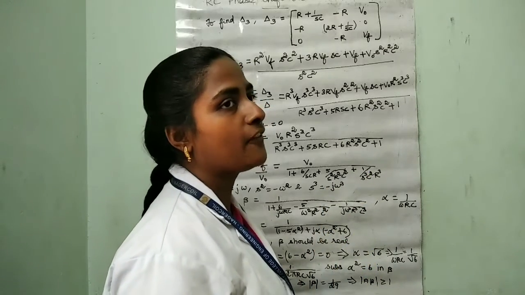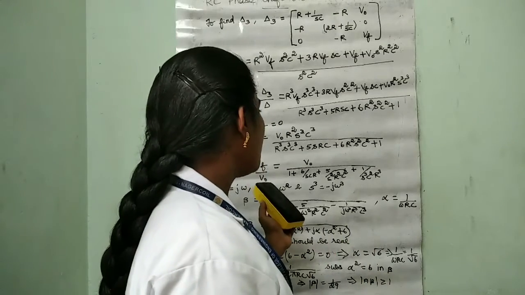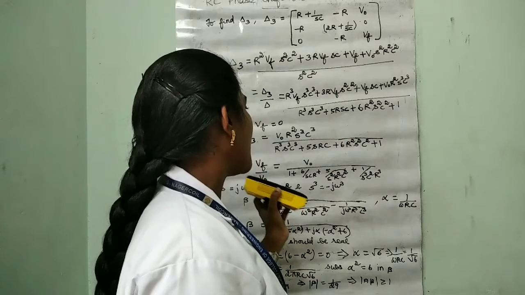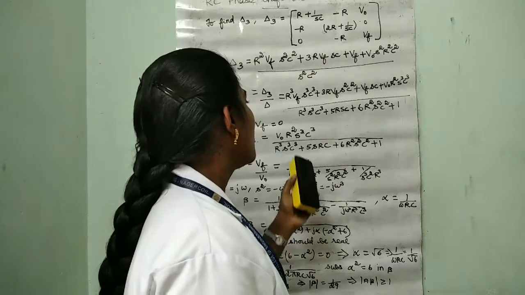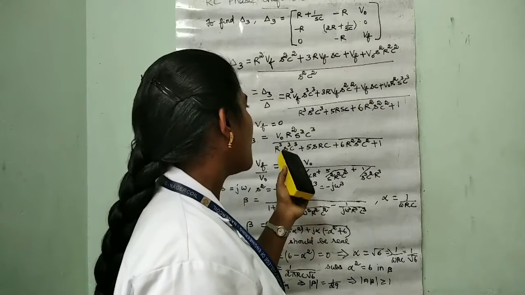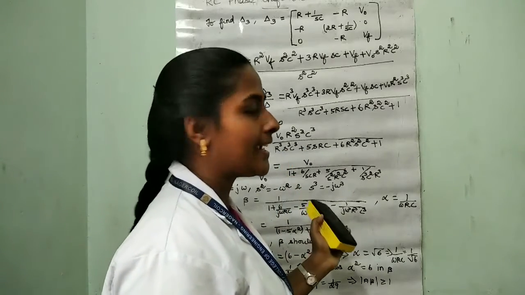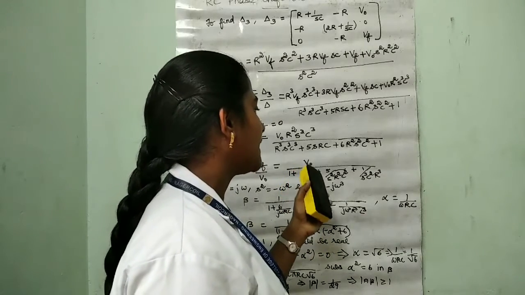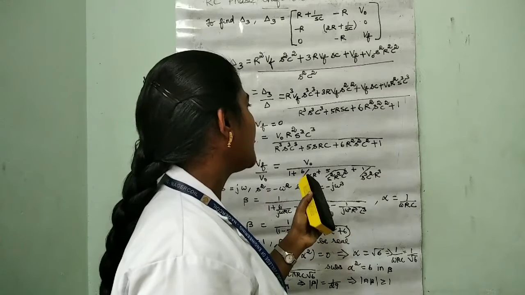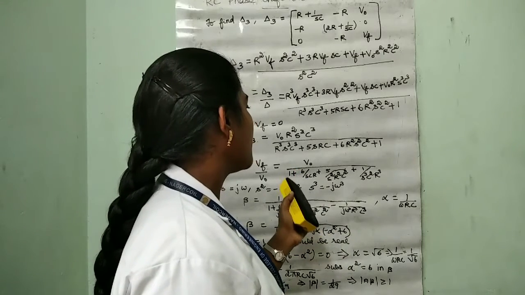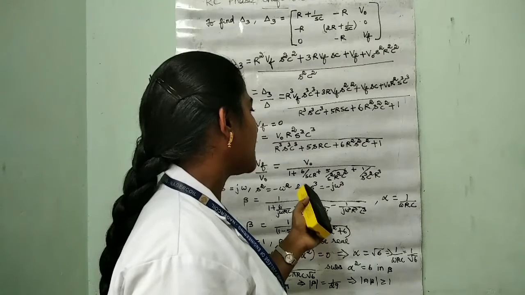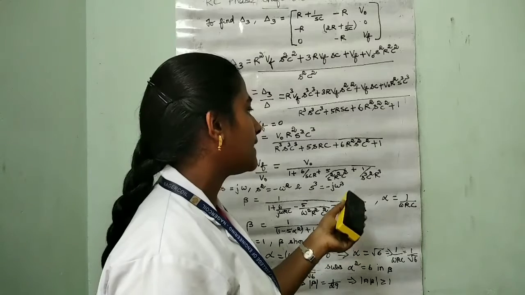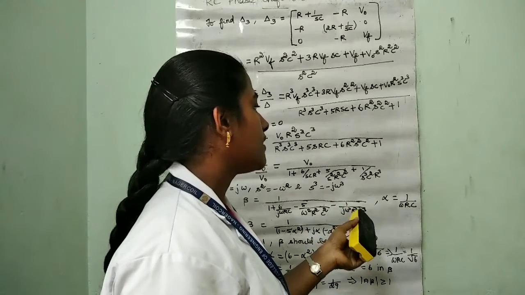Now we have to find the feedback factor beta. Beta is equal to Vf divided by V naught. So divide the values. Now you can divide by r s c in the denominator and numerator. Divide numerator and denominator by r cube s cube c cube, so you will get 1 divided by 1 plus 6 divided by scr plus 5 divided by s square r square c square plus 1 by s cube c cube r cube.